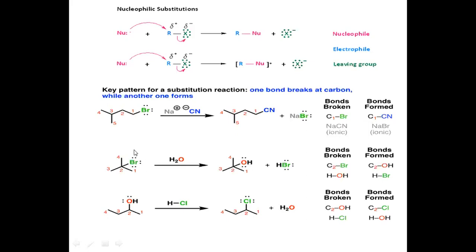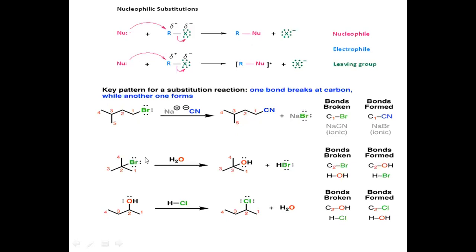If that is so, now this is tertiary butyl bromide. Again, you'll find that 1-2, 2-3, 2-4, these are all carbon to carbon bonds. They are non-polar covalent bonds. But the C2-Br bond is a polar covalent bond because they have an electronegativity difference. And you know that Br is more electronegative than carbon, so it carries a partial negative charge and carbon will carry a partial positive charge. Since there is an electron deficient center, the electron rich oxygen will get attracted to this C2 and you will get a product where Br is replaced by OH, and HBr becomes a byproduct of this reaction.